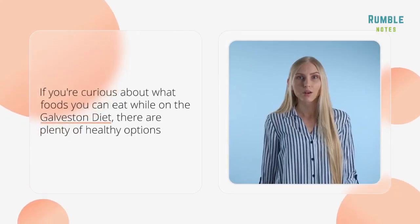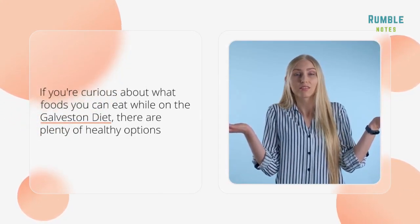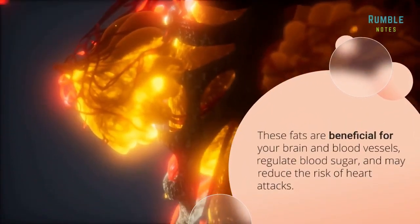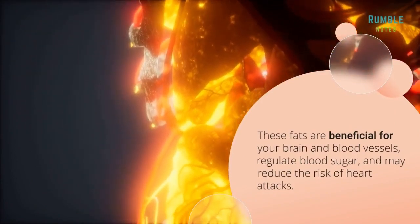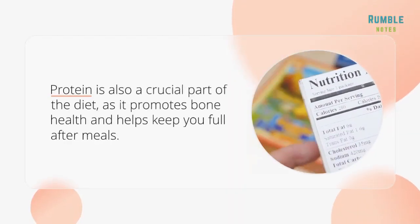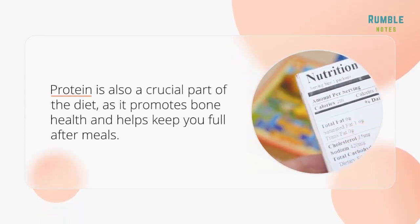If you're curious about what foods you can eat while on the Galveston Diet, there are plenty of healthy options. One of the main components is consuming healthy fats, such as those found in avocados, walnuts, olives, coconut flour, and sesame oil. These fats are beneficial for your brain and blood vessels, regulate blood sugar, and may reduce the risk of heart attacks. Protein is also a crucial part of the diet, as it promotes bone health and helps keep